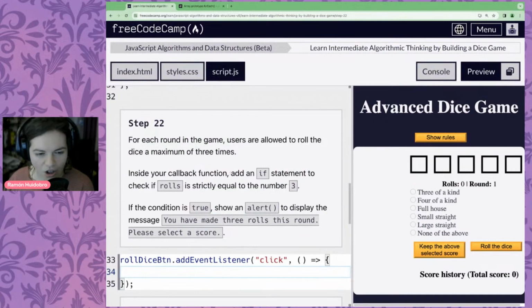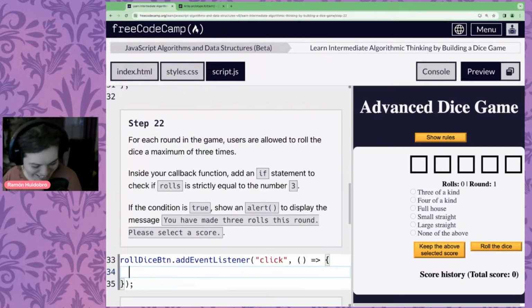Yeah, inside our callback function now. When we press on the roll dice button, we do want to make sure that we add an if statement to check if rolls is strictly equal to the number 3. Right, because we can only do up to 3 rolls in each round.